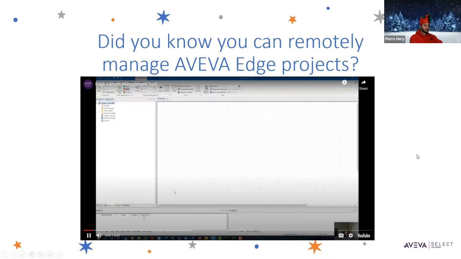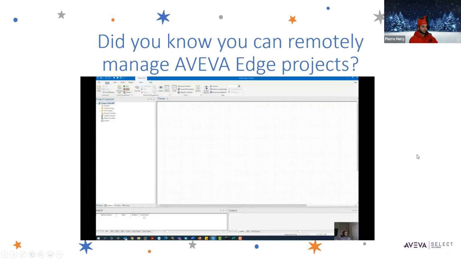So here I have my development environment open, my development box. I'm gonna navigate to the Home tab on the ribbon, click on Connect, and that